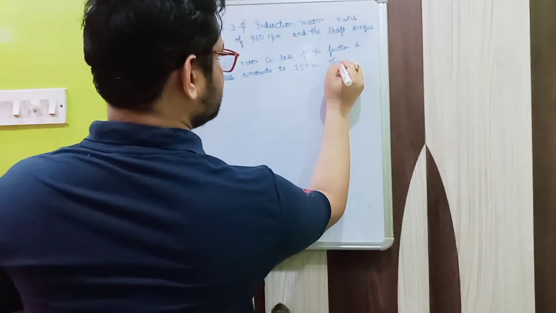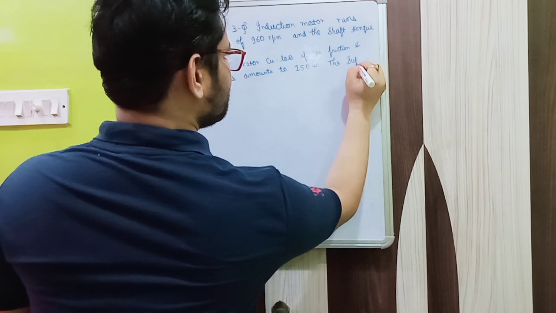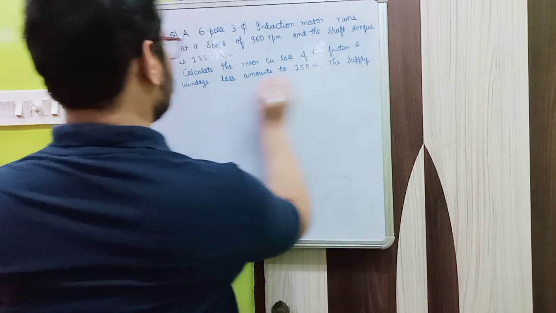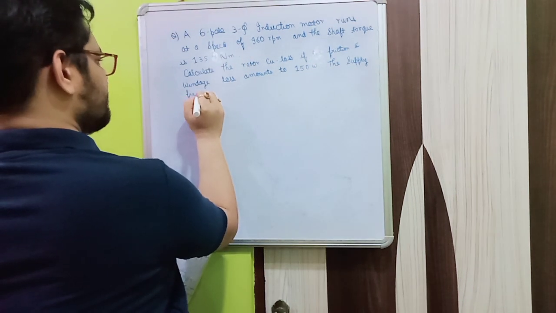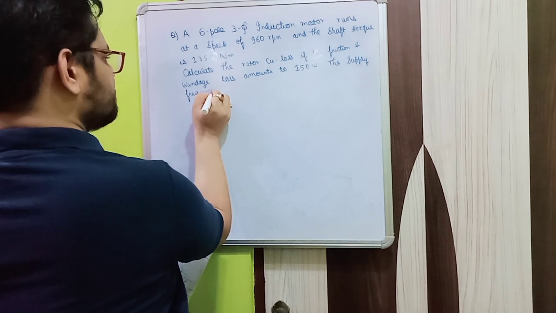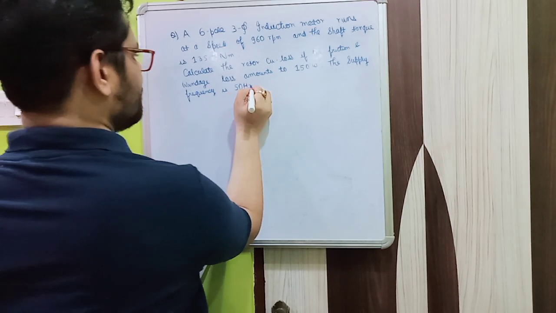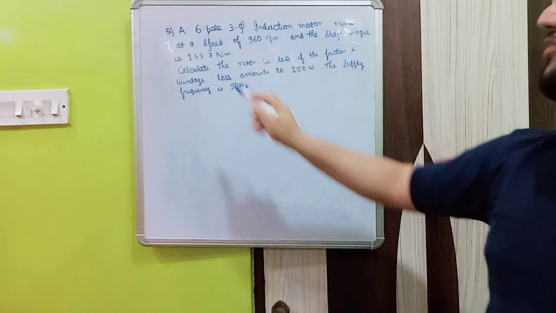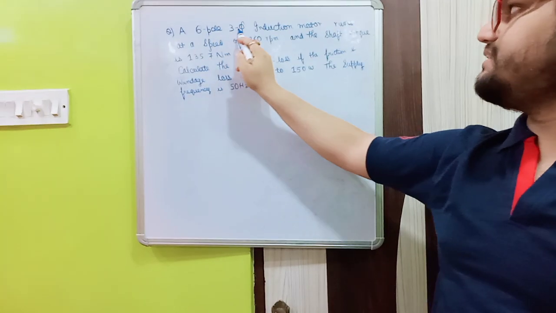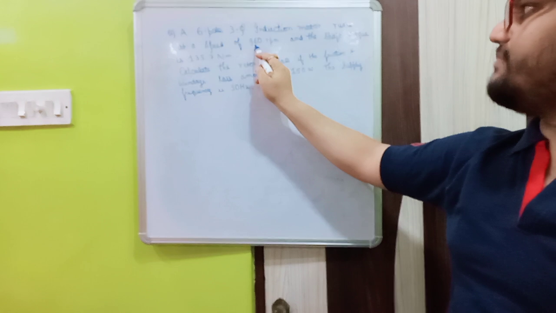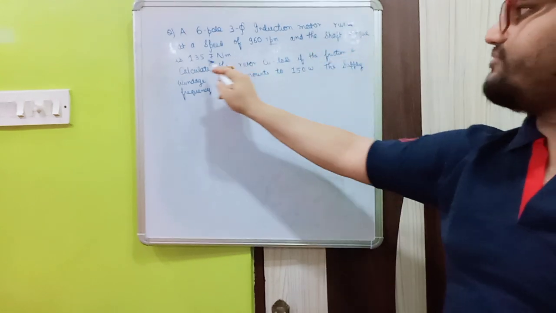The supply frequency is 50 hertz. So I hope you have understood the question, what it wanted to mean. There is a 6-pole 3-phase induction motor. It runs at a speed of 960 rpm. Shaft torque is given as